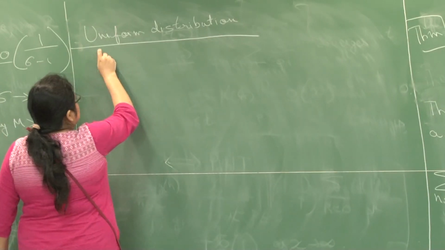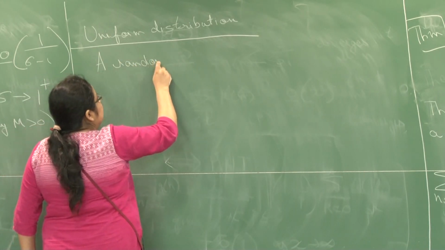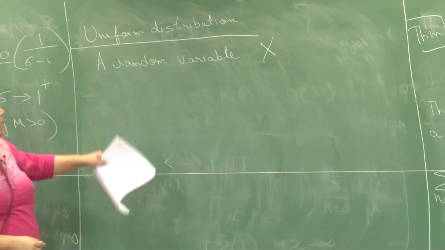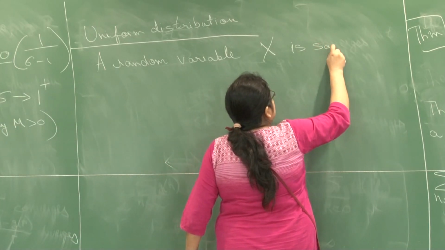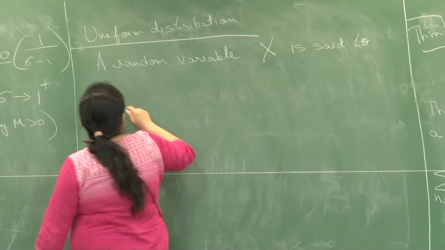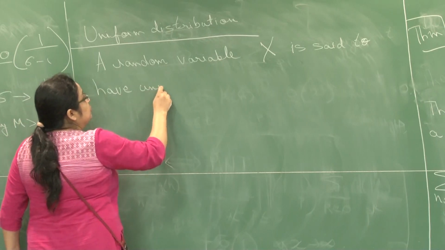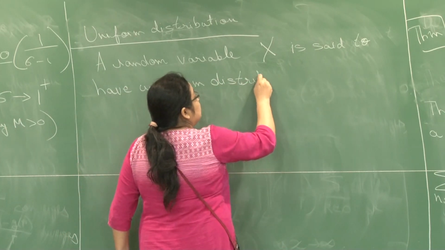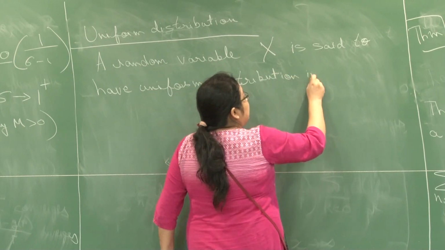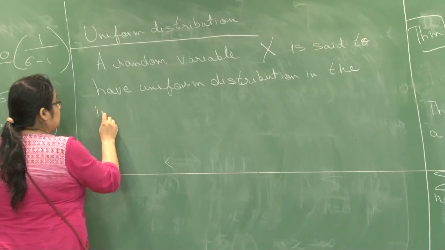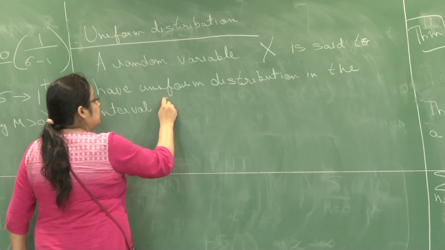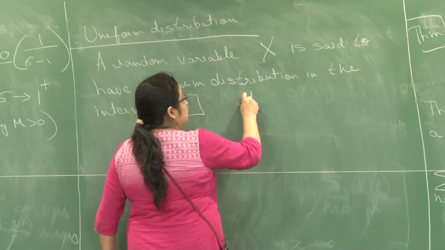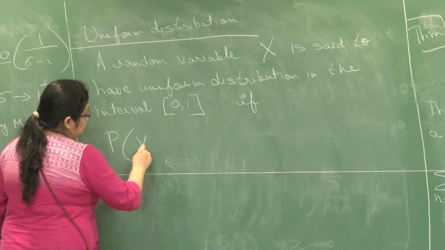Now, a random variable, recall quickly, a real valued random variable is said to have uniform distribution in the interval, let us say 0 to 1, if the probability